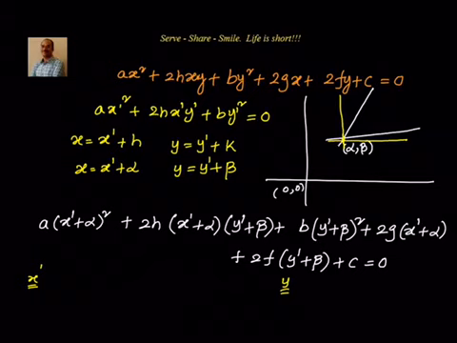Okay, now when I expand, I have 2a into, can I take x dash common? X dash into 2a alpha plus, when I take 2h into x dash and multiply with beta, I will have 2h into beta plus, when I take 2g and multiply with x dash, I have 2g. This whole term should be equal to 0. Certainly x dash cannot be equal to 0. That means whatever there in the bracket, that should be equal to 0.